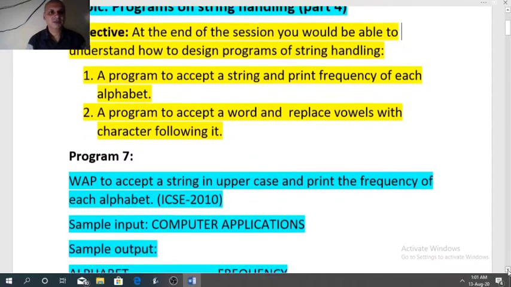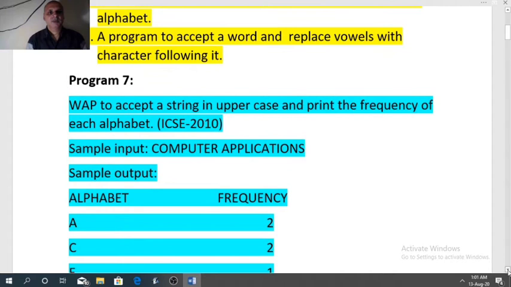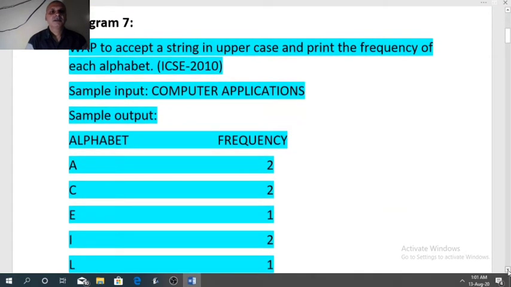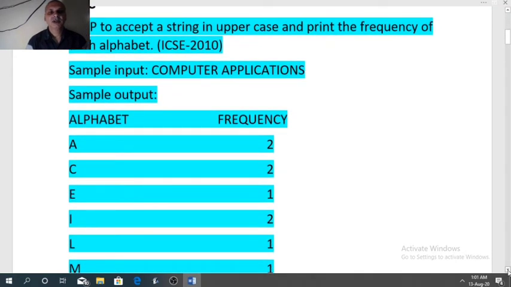So starting with the first program, accept a string in uppercase and print the frequency of each alphabet. If we have sample input computer applications, then we need to print how many times each alphabet has appeared.